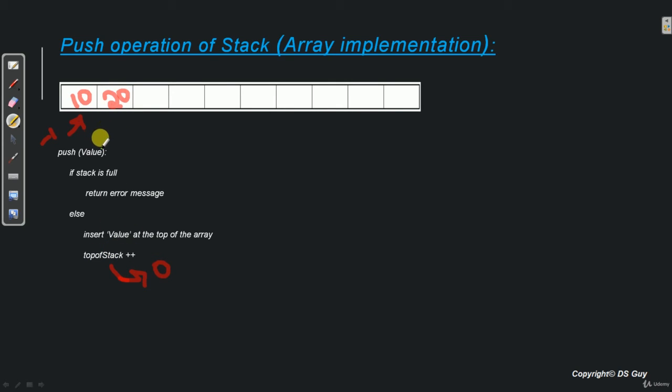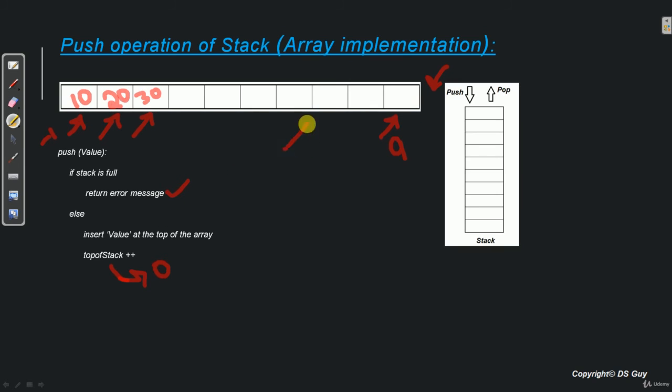So now top of stack will point to this cell. Again if we insert 30, top of stack will point to here and so on. And finally when we come here, top of stack is 9 at this point. And if we want to insert one more element, then it will throw an error message saying that the stack is full.